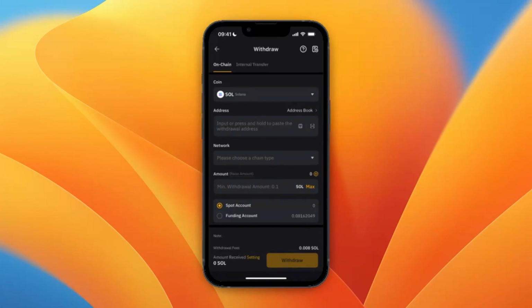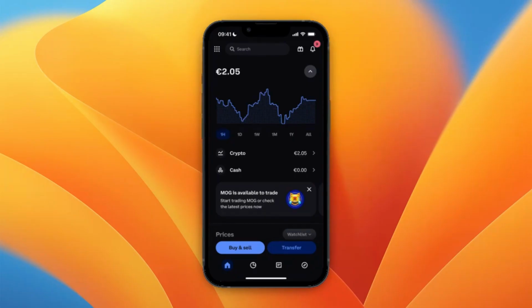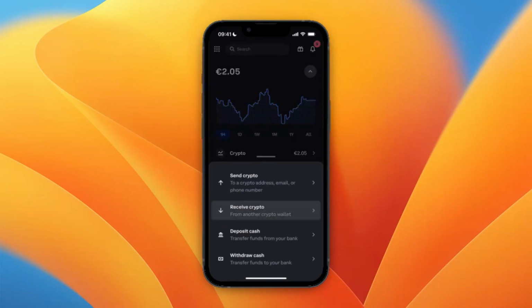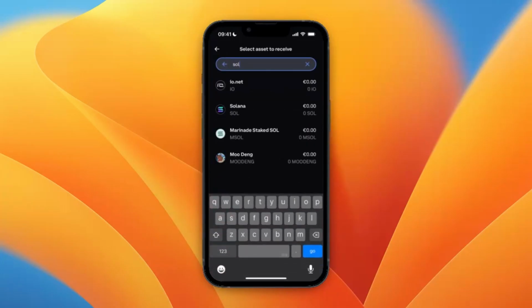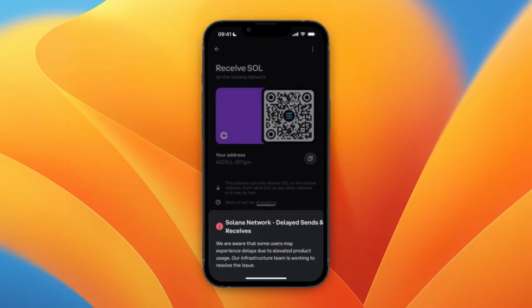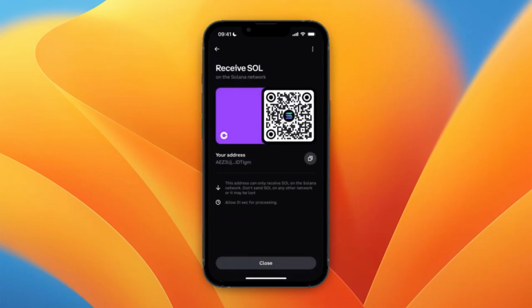Now to find all of this, first just go and open up Coinbase. And on Coinbase, click Transfer and then click Receive Crypto. Now here, select the same cryptocurrency that you picked on Bybit, which for me is Solana, so I'll just search for Sol right here and then select it. Then here you can see Receive Sol on the Solana network, which means in this case you need to select